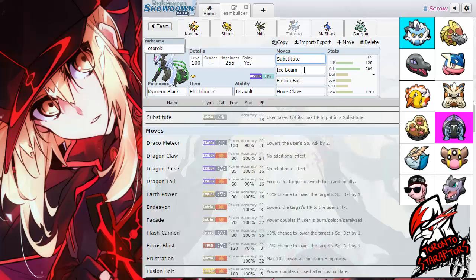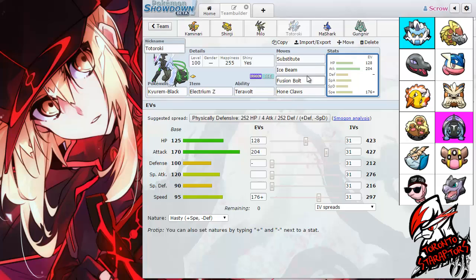So the moves are Substitute, Ice Beam, Fusion Bolt, and Hone Claws. Hone Claws is not really all that good this week, but I haven't been bringing it an entire season, and I really want to try out a Hone Claws Z Fusion Bolt under Electric Terrain. That's going to do so much damage, and I figured this week will be a good opportunity to bring it,